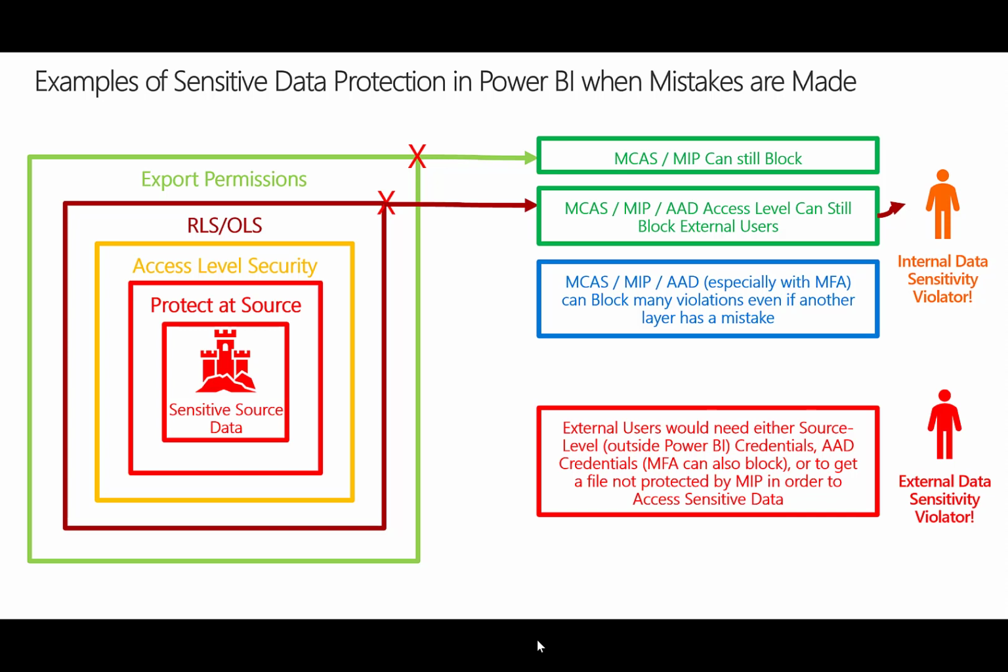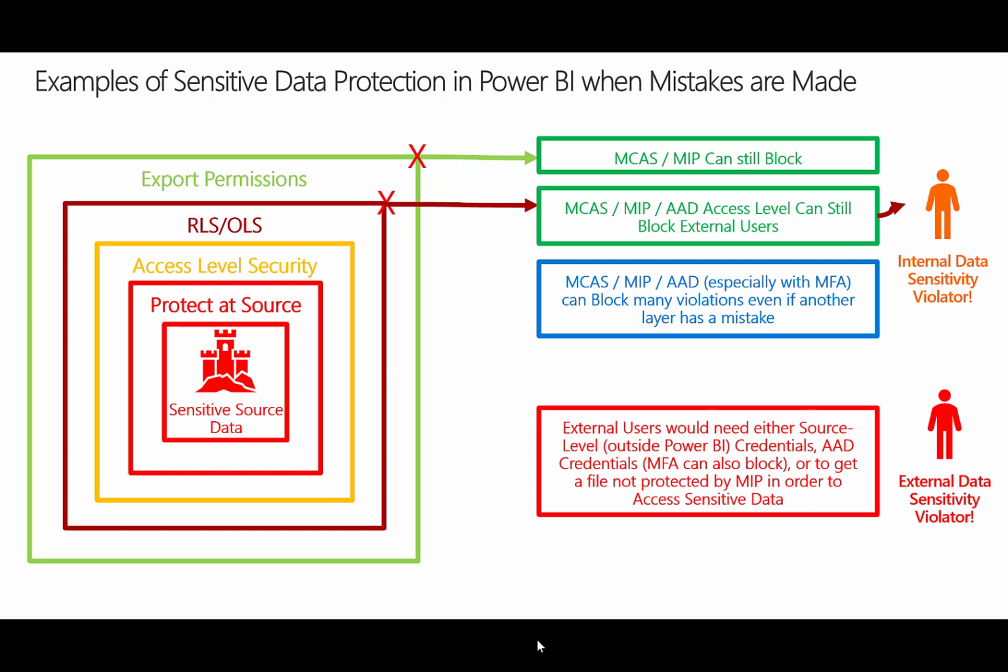And then there's also the use case of export. So when somebody says export to Excel, what happens to that file after they export it? First of all, if sensitive data gets exported to Excel and you're using Cloud App Security or Information Protection, you can still use those tools to block people who aren't supposed to see that data from seeing it. It's a great way to prevent accidental